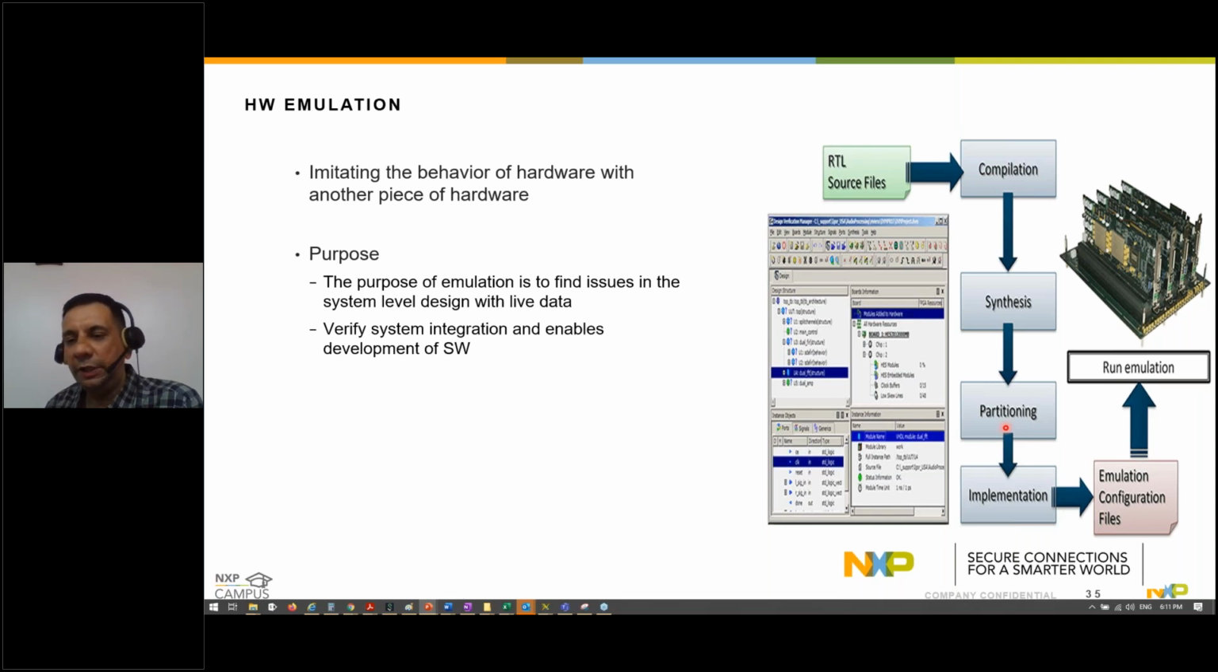So we need to partition that and then make sure that the design implementation is complete, and then we are going to put it on the FPGA or Palladium. So we need to provide some configuration files so that it runs on the other hardware. The purpose of this hardware emulation technique is to find issues at the system level with the